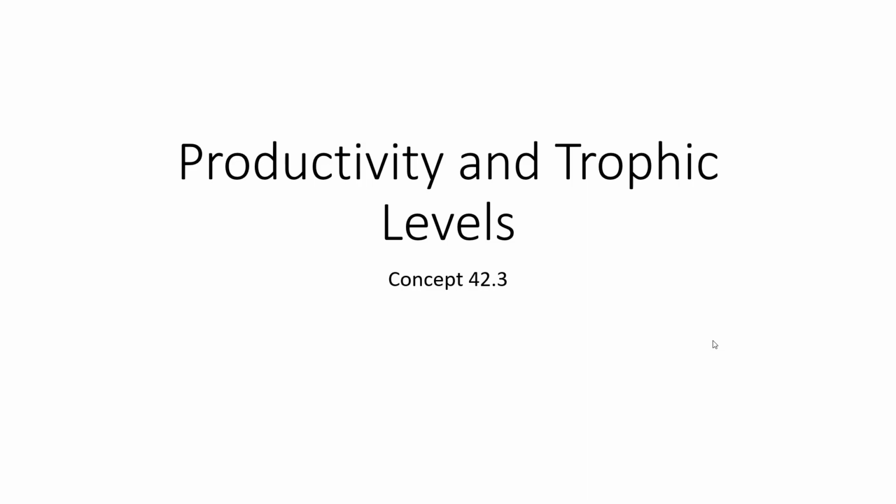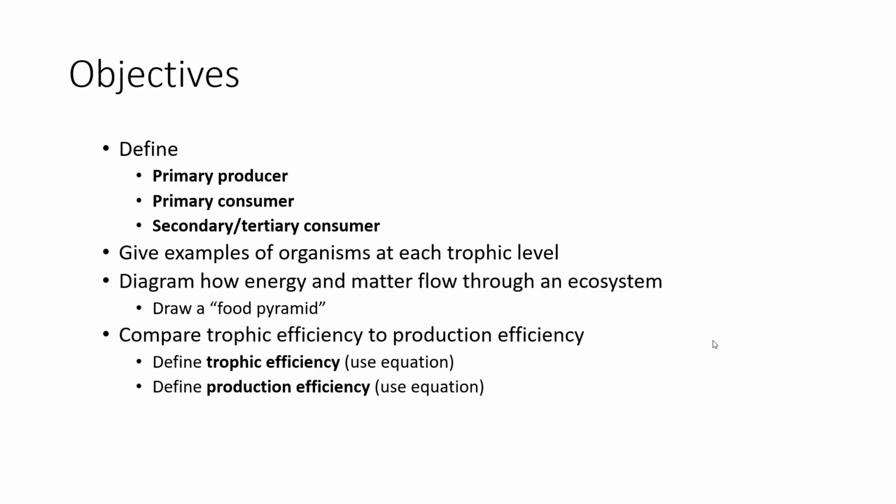Now that we've looked at how energy and mass move into an ecosystem, let's look at how they move through an ecosystem with productivity and trophic levels. Be able to define primary producer, primary consumer, secondary and tertiary consumer, give examples of organisms at each trophic level,